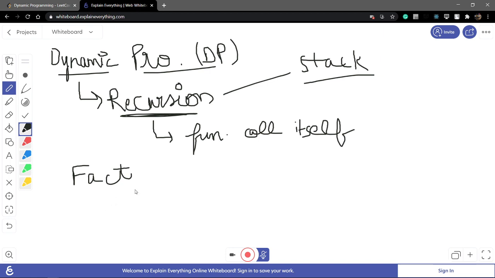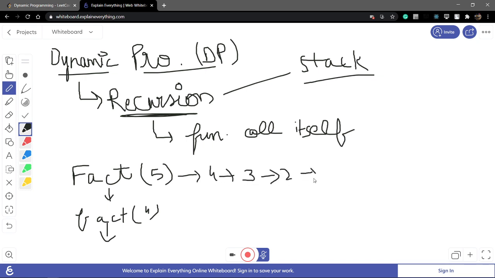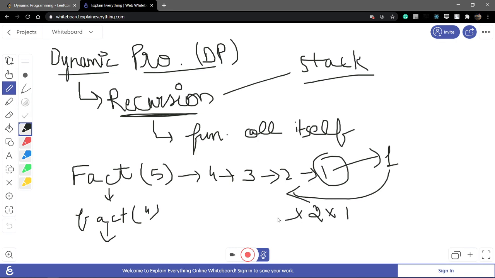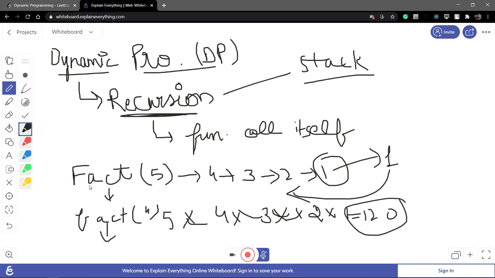In factorial, we have to find the factorial of 5. So firstly find the factorial of 4, yes or no. After that find the factorial of 3, then 2 and then 1. And we know the result of the factorial of 1 is always 1. So I write the 1, then multiply with 2 into 1. This result, 2, is multiplied by 3. This result, 6, is multiplied by 4, giving 24. Then 5 multiplied by 24 gives 120. So this shows a recursion.